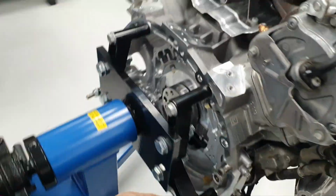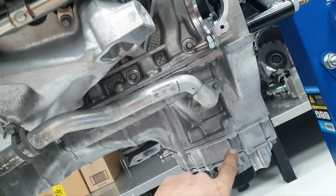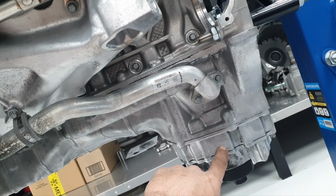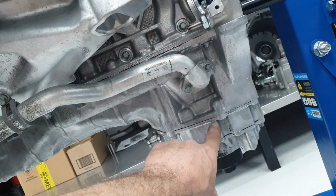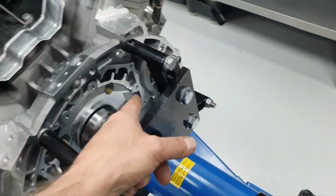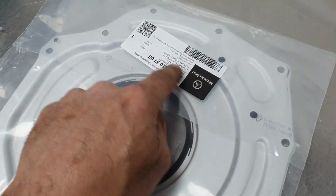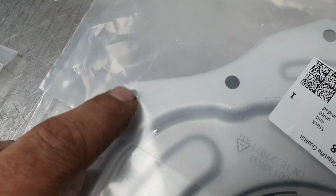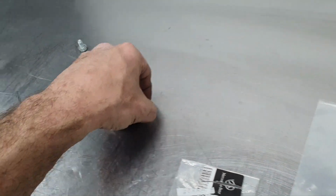There are two pins for the upper case here, between this case and the engine block. There are two pins between this and this, and one pin between this and this. There is two and one. Yes, two and one. Another 2 pins for the crankshaft rear seal, but not for this part number, because this part number crankshaft rear seal has this thing here, another one here, so you don't have to use it. Alright,